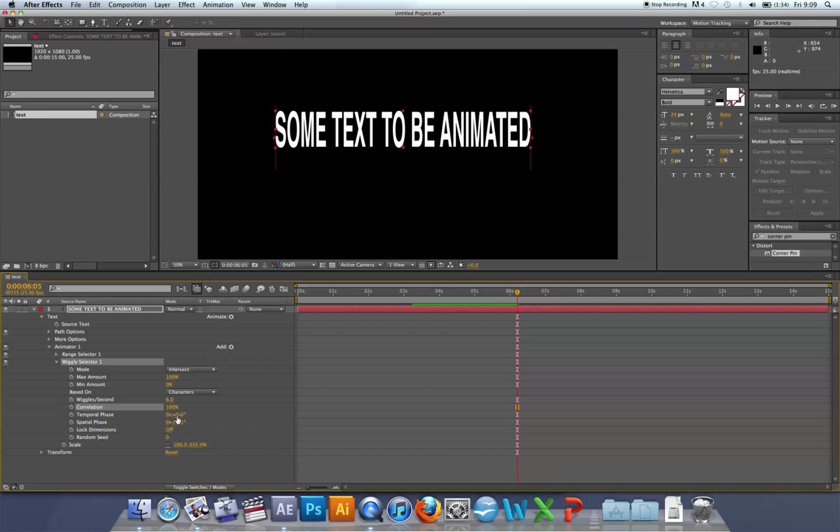The rest are simply for knocking the randomizing along in terms of phase. So it's just to give a different set of random values for that particular moment in time. Okay,